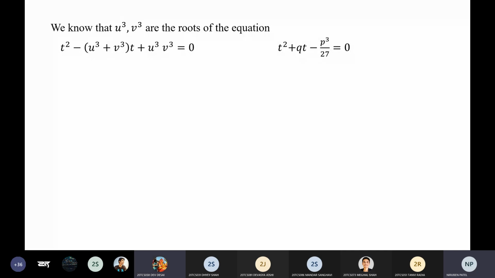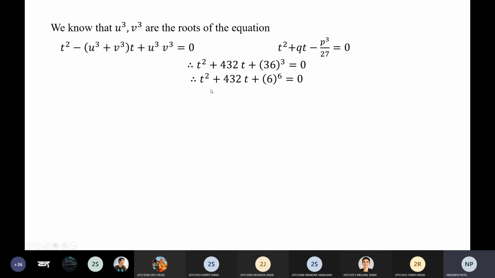Yes, ma'am. Okay. So now, what is done here: we have compared with this. We have tried to generate this type of equation, so that will be t square plus 432t and 36 whole cube. So what are we doing here? We will try to find the values of u and v by this concept of the quadratic equation.